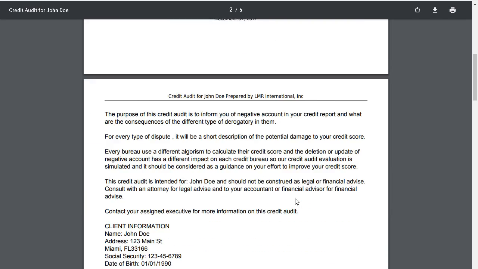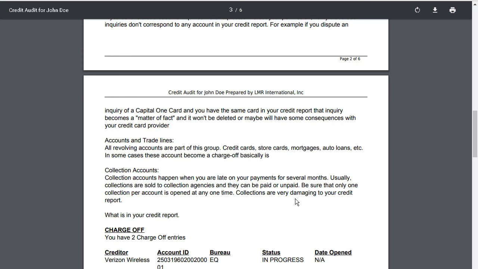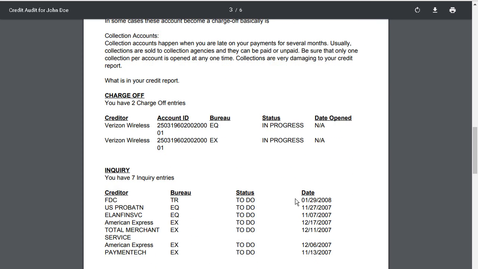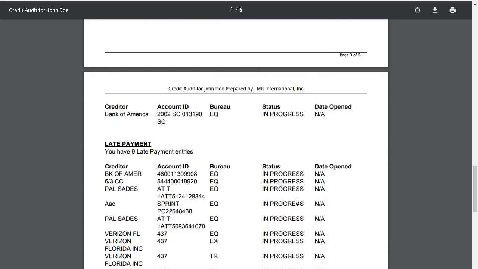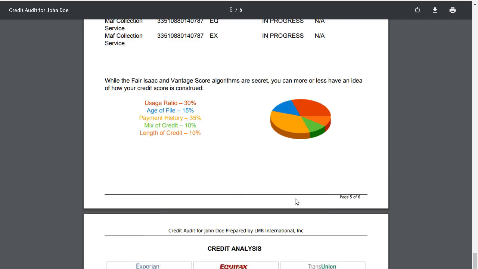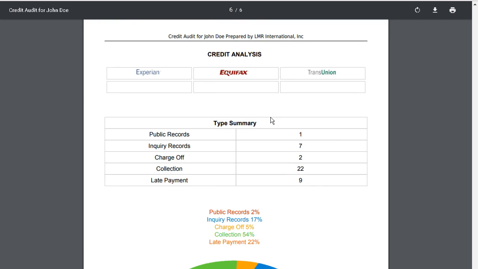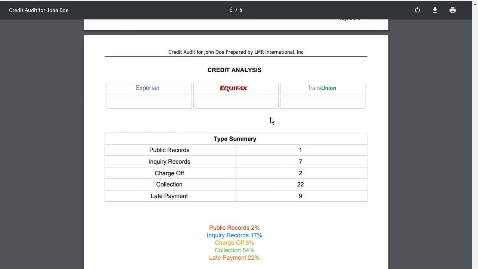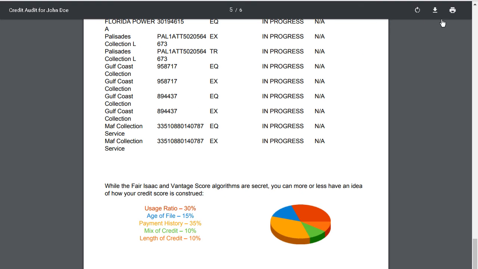And here, more or less, you can modify the content of that in the template manager. As a matter of fact, you can have unlimited versions. You can have different versions of the credit audit. So, by the way, it's possible to put the scores here, and I'm going to explain where in a second. Okay, but this is the credit audit that you can again save to your hard drive, or print, or potentially